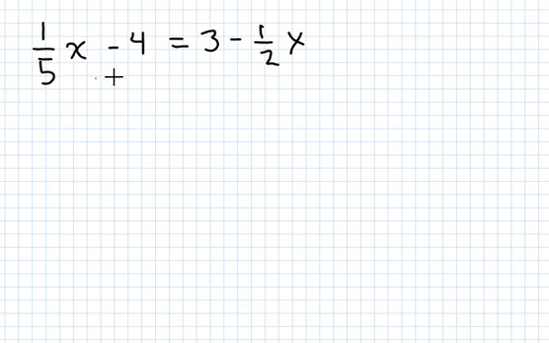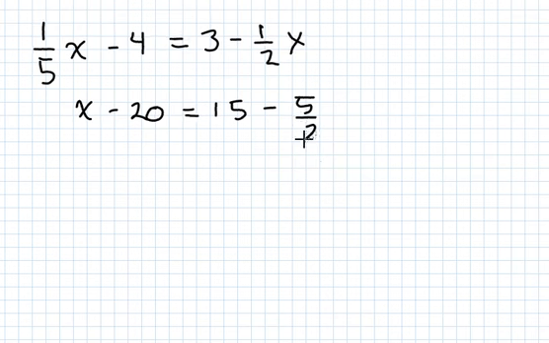So we want to solve for x in this problem, and what I'm going to do here is get rid of these fractions. I'm going to get rid of this 5 and this 2 down here in the bottom, and I'm going to do that by multiplying through by 5 to every term in this equation. And so 5 times 1/5 is just 1, so we'd be left with x minus 5 times 4 is 20. 5 times 3 is 15, and 5 times a half just becomes 5 over 2